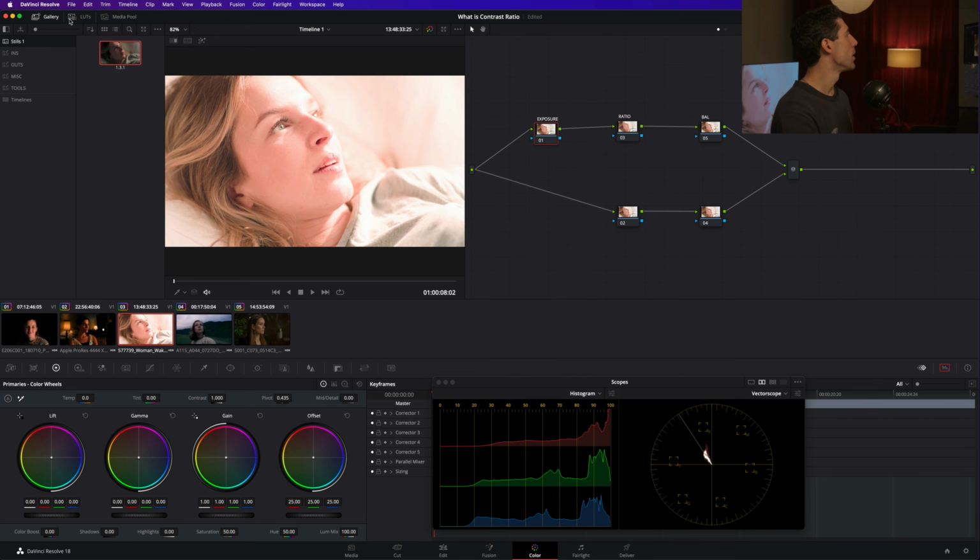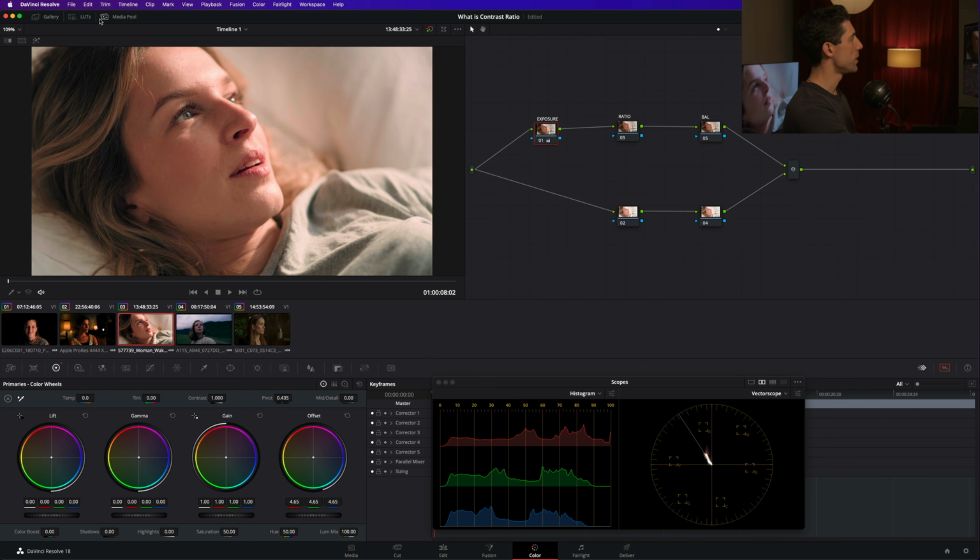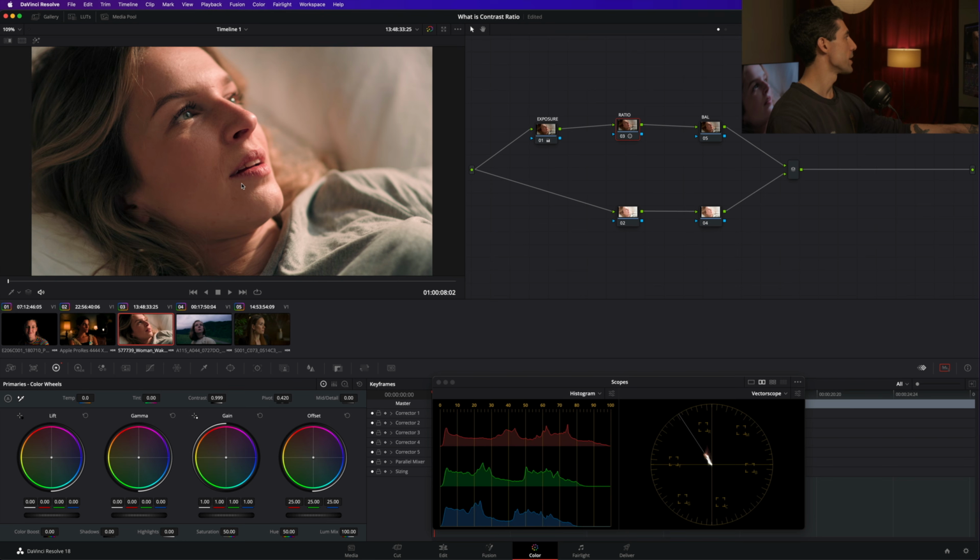and come up with a completely different recipe for the way I want to see this go. So in this case, I'm going to set my exposure, but I'm not going to set it in the same way I did before. I'm going to say I kind of like those soft blooming areas here on her forehead. So I'm going to leave the exposure much more open than I had a moment ago. And here on the ratio side, I'm going to say I actually would like to see a harder fill side of her face. I'd like to see more contrast. So I'm going to turn my contrast now over here to the right